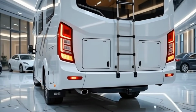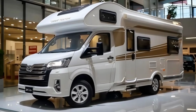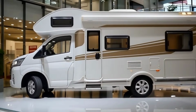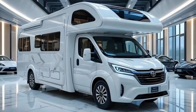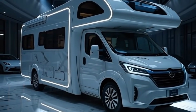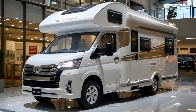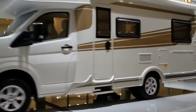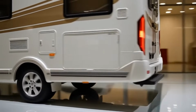Where we explore the most remarkable machines on the planet, from cutting-edge supercars to the most luxurious motorhomes. Today, we're taking a deep dive into the 2026 Toyota Camper Motorhome, a vehicle that blends Toyota's legendary reliability with the comfort and functionality of a modern mobile home. This is not just a camper for weekend warriors. It's a versatile, high-tech, and well-engineered solution for long-term travelers, families, and adventurers who want a perfect balance between practicality,